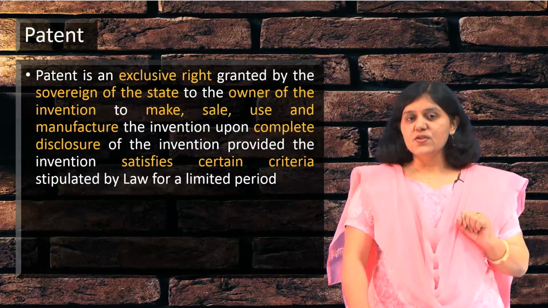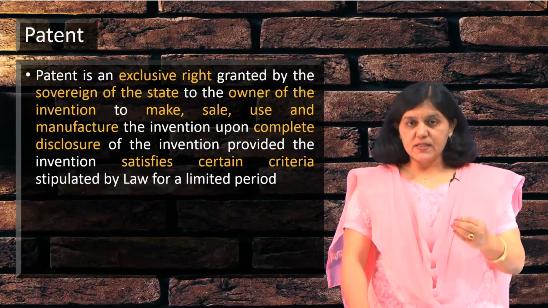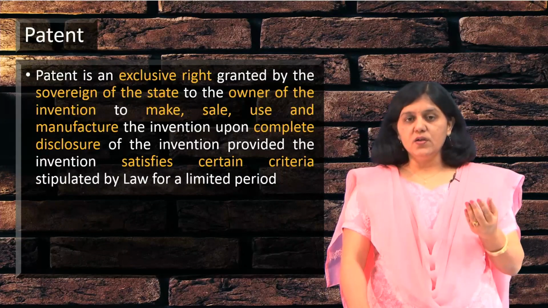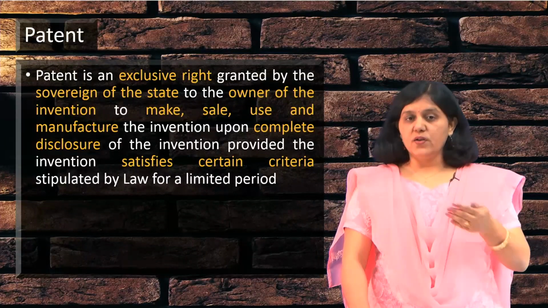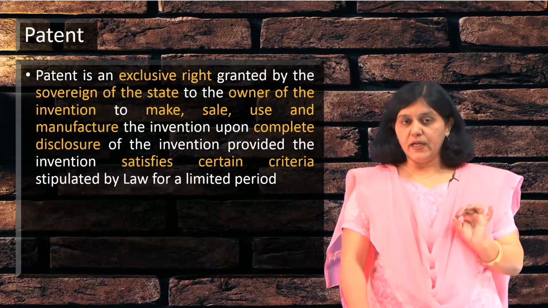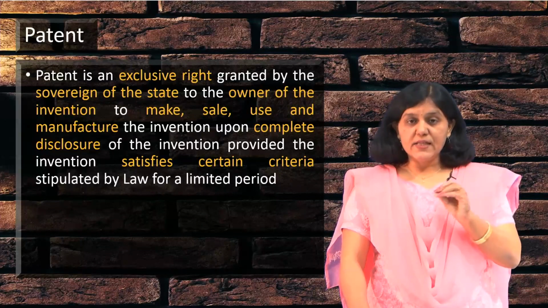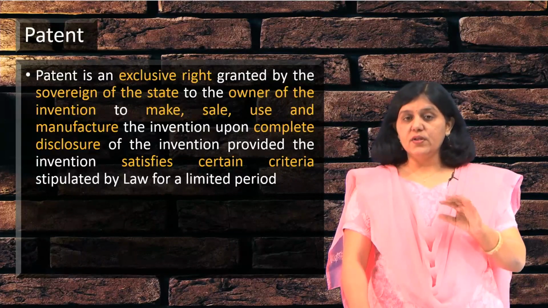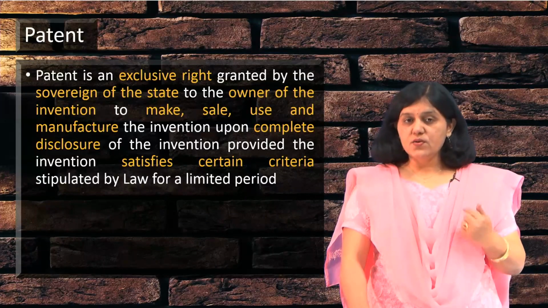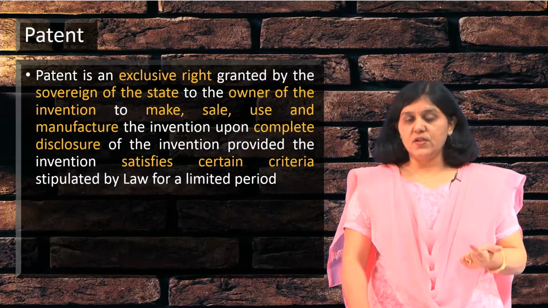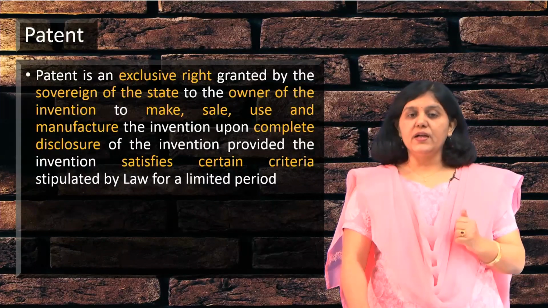So, what is the meaning of exclusive? Exclusive is to only a particular person, entity or a group. So, the rights can be given to a particular person, entity or group. Here also, patent is an exclusive right, that is, the right is given to the applicant. And what is that right? To exclude others. Exclude what? Exclude the use of the right. Okay. So, it is the right of exclusion given to the applicant of a patent.